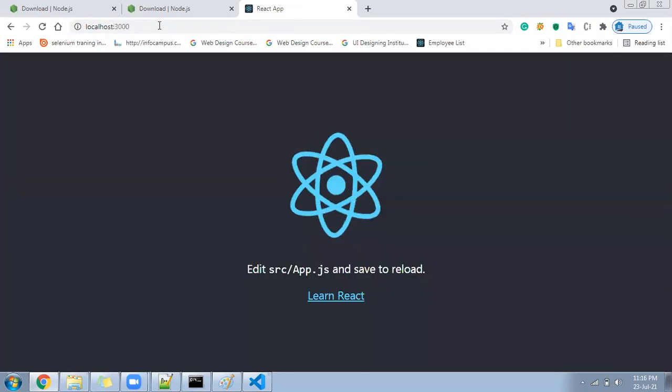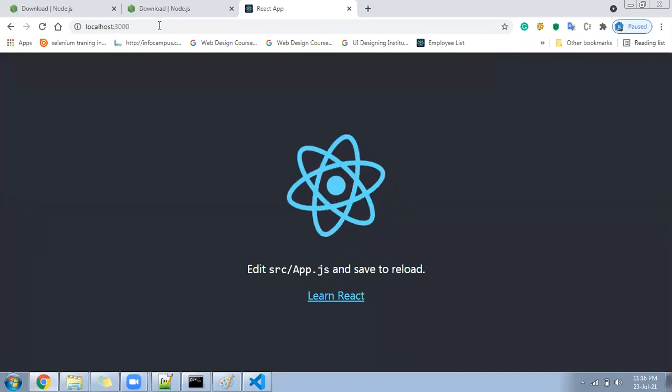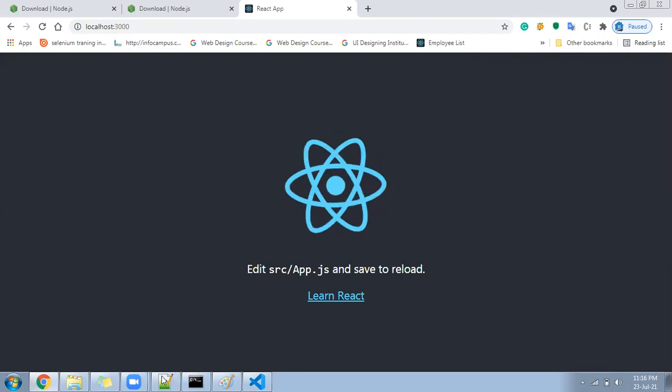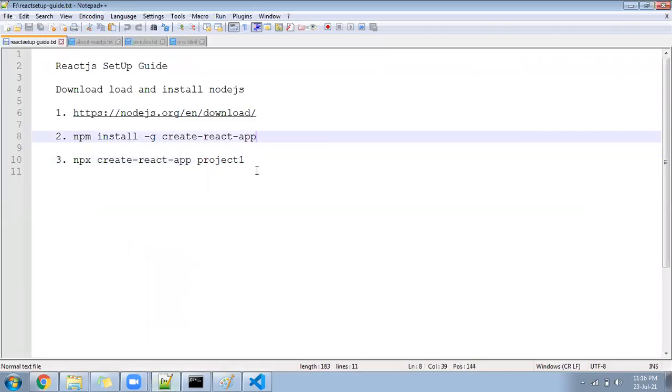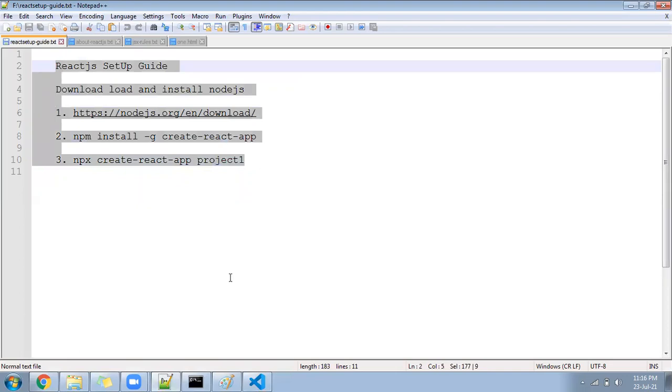It should load the default page. Of course, you can see it is saying React page is loaded at finally, right? So the entire setup process we completed. I'll show you this one. This is the setup process, okay? And finally, in the last, you have to do npm start. After doing that, it will work for you, okay? You can take this and then you can try.